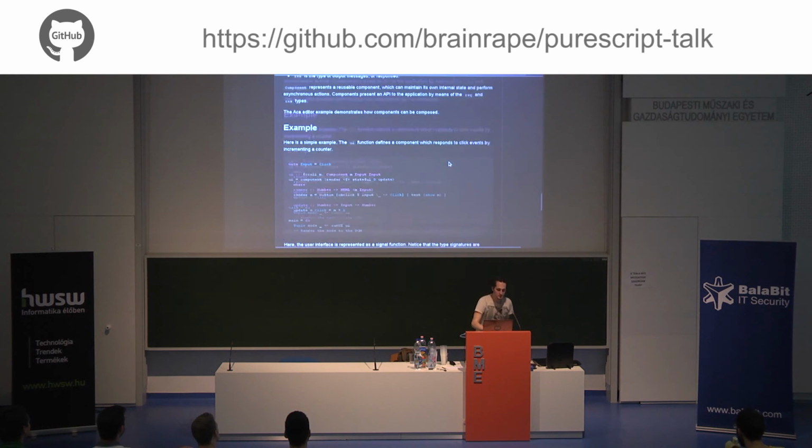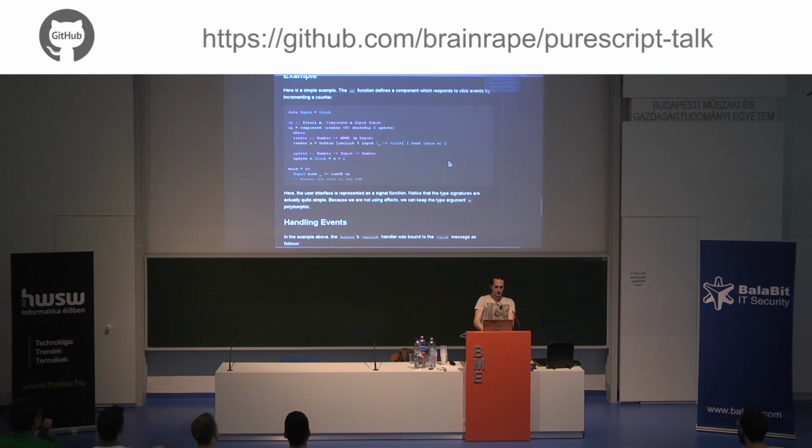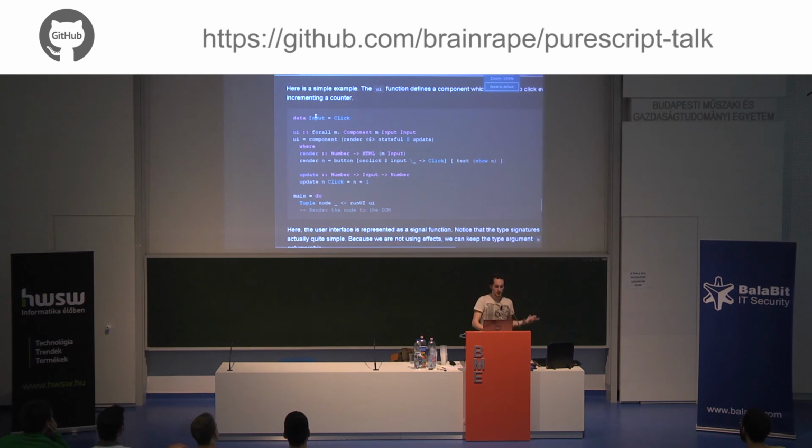So you define, for example here, your inputs. Here it's just one click, and then you define a render function, and also add the event handlers. All those are managed in a type-safe way.